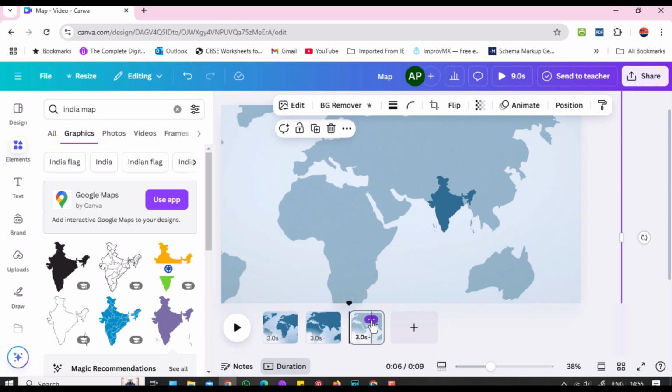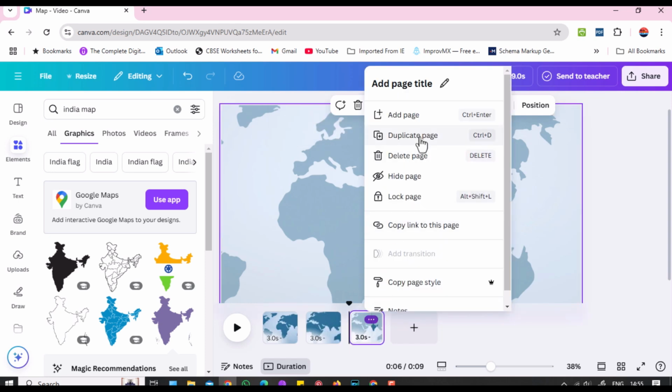Then, duplicate the third slide and scale the place's graphic to the desired size.